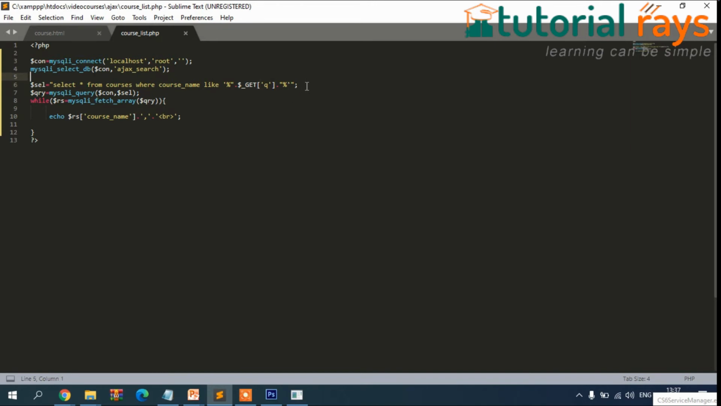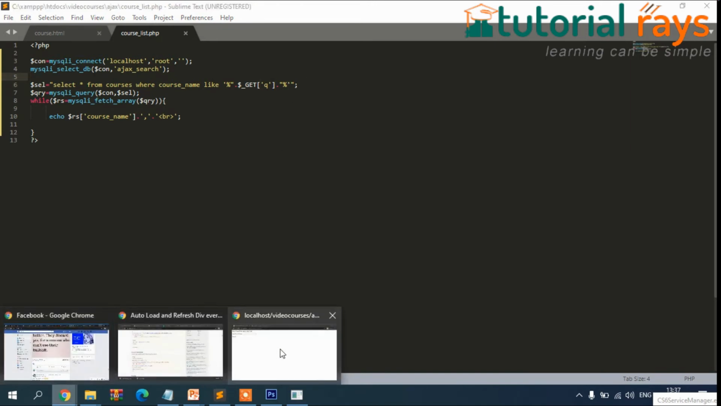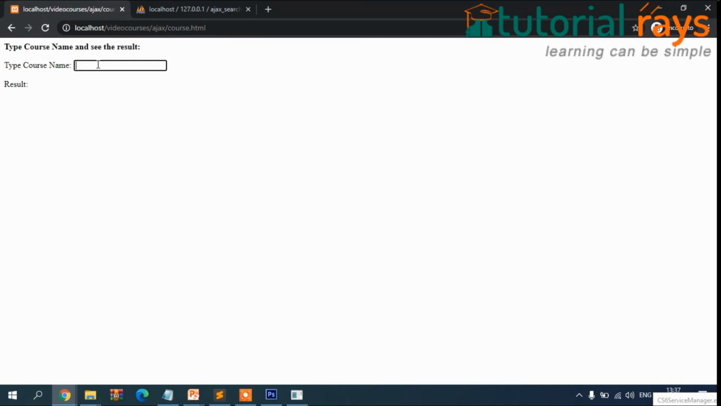Now let's get back again. Type. Okay, so you can see all names having the letter R are displayed, because in all these names there is R somewhere. So if I type here,